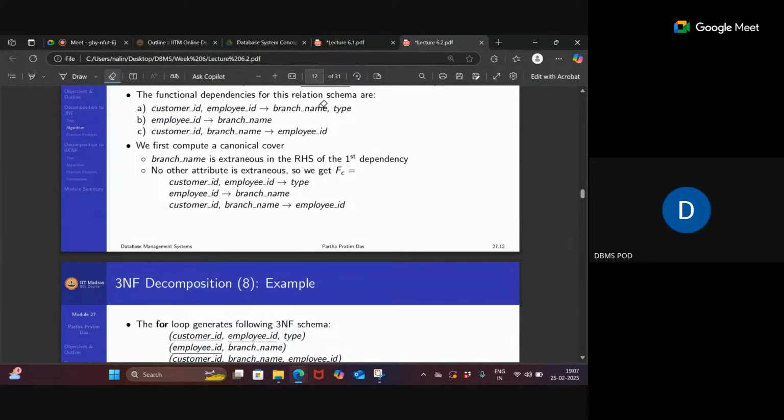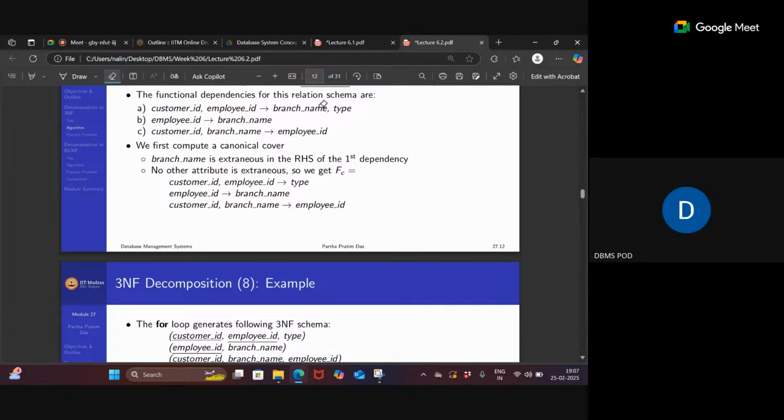Okay, that's how you find the extraneous attributes. First, make LHS as one. Like LHS and RHS, just remove. If we have multiple attributes, remove one attribute and check the closure of your right hand side and see whether we are able to determine the removed attribute using our FDs that we have already learned in the previous week.